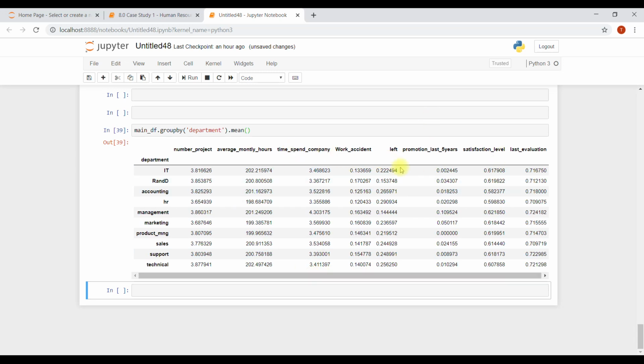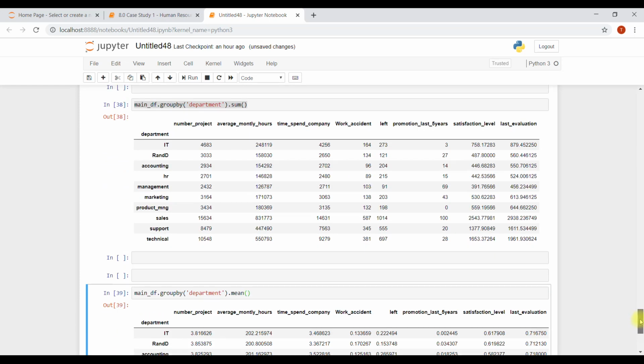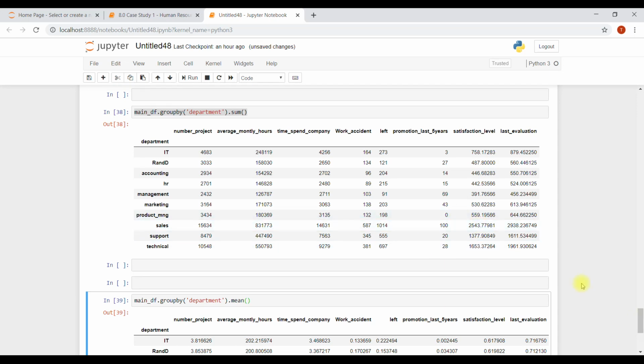So if you just look at the sum, look at the mean, to see which department's employees were more satisfied. You can just see 62% for management. Okay, this is why we use the mean, because in the sum you can just say yes, sales were more happy, but